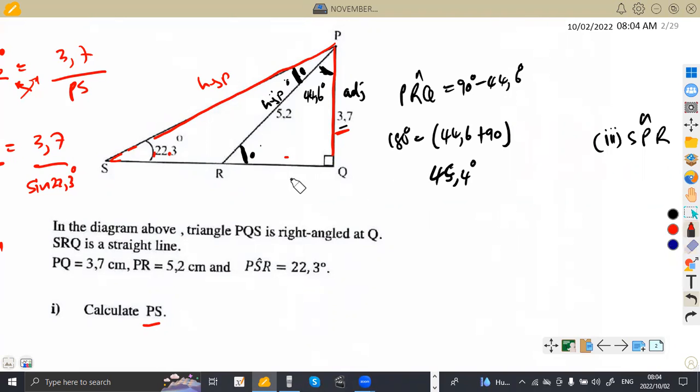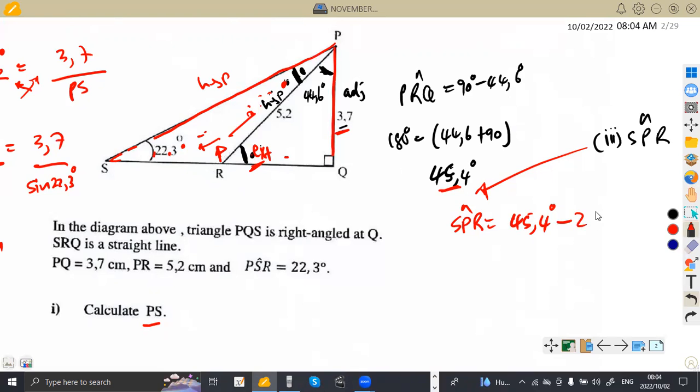All right, so you've got an exterior angle here of these two angles that we have. So we know that it's going to be the sum of these two angles. Then exterior angle, so it's the sum of the opposite interior. This is your interior, then the opposite, these angles. So if we add these two angles, they must give us this exterior angle here, which is our 45.4. So that means this angle SPR that we are talking about here is going to be, since if we add these two, we must obtain this angle. So we're going to subtract now the 45.4 degrees minus the one that we are given, which is the 22.3